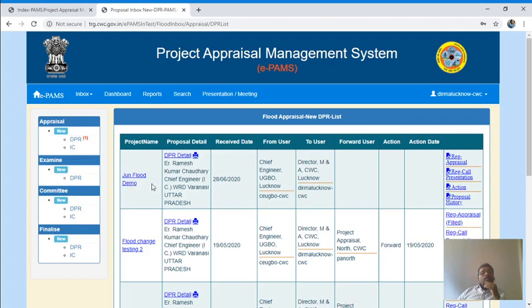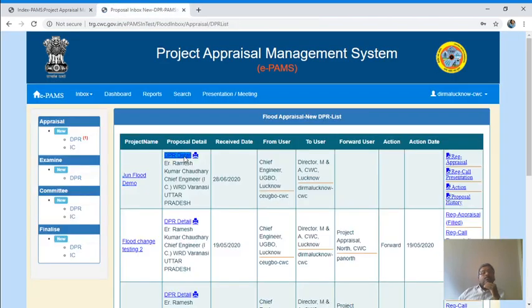This user can see the project detail and the project proposal also. Now they can take action. You can see there are two more options: regional appraisal and regional call presentation. Two more options means this user has two more rights in comparison to others. Here this user can do regional level appraisal and regional level call presentation.